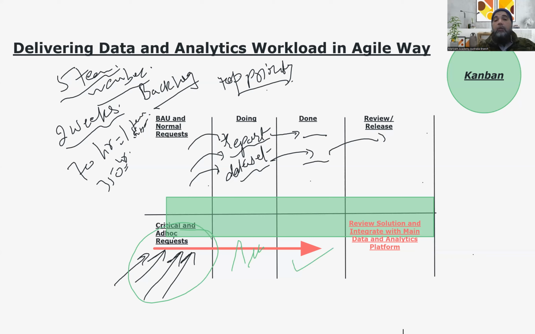So as soon as it has been delivered, keep in mind it is not linked with our main data platform, because it's the ad hoc request, and we build it literally on the fly to just address the requirement. Now that point is very critical, where most of these organizations are struggling, because things go rough on this point, excuse me. Things move away from the track from this point, because once we deliver, we switch back to